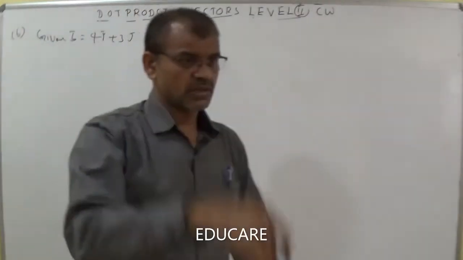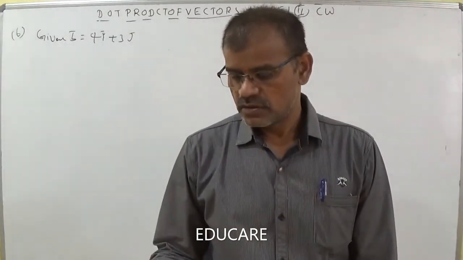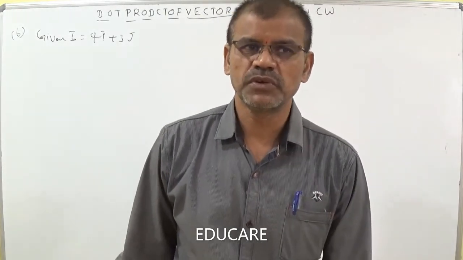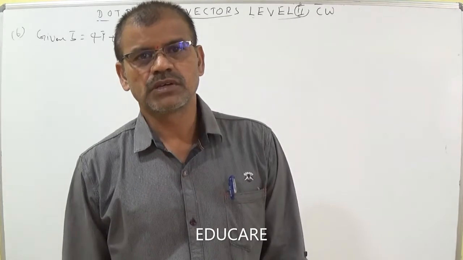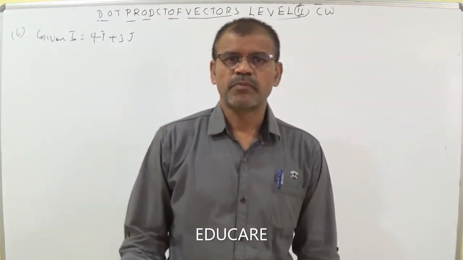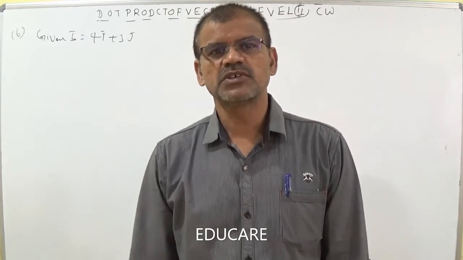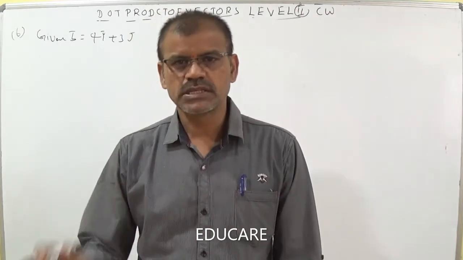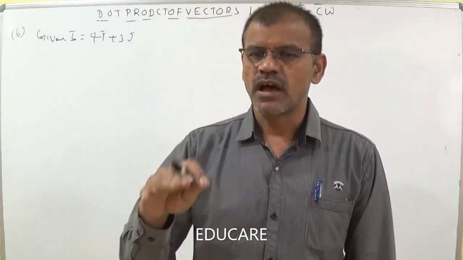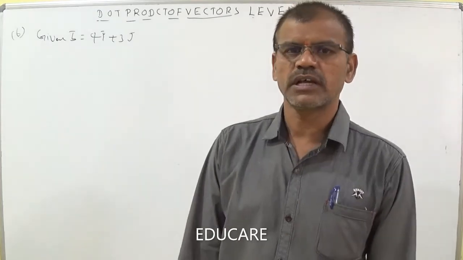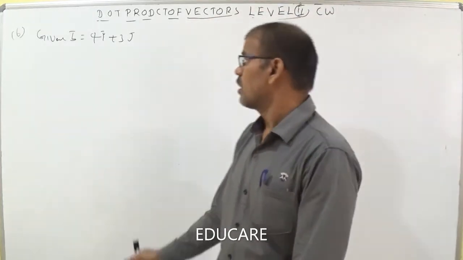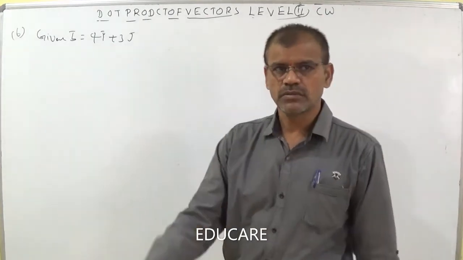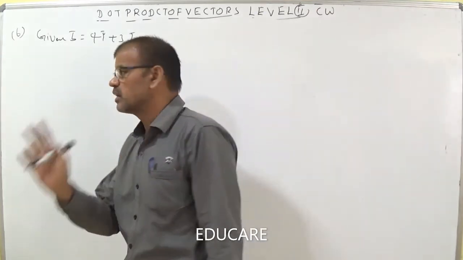Let us think about the perpendicular equation of a line ax plus by plus c equal to 0 in geometry. ax plus by plus c equal to 0 is a line. The perpendicular line of ax plus by plus c equal to 0 is bx minus ay plus k equal to 0 in xy plane. In the same way, we can think as i bar, j bar, k bar are unit vectors along x, y, z axis respectively. So, i bar taken as x axis, j bar taken as y axis. No need about z axis here. Only he gave the question in xy plane.